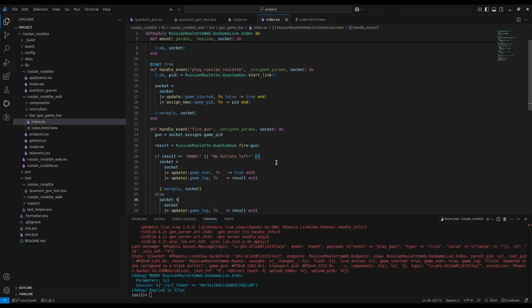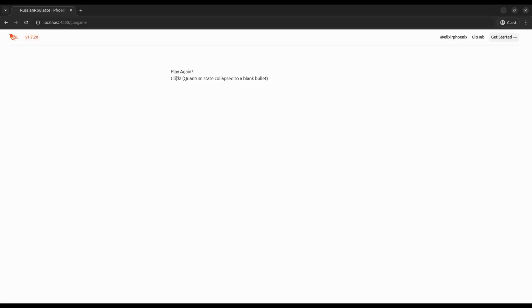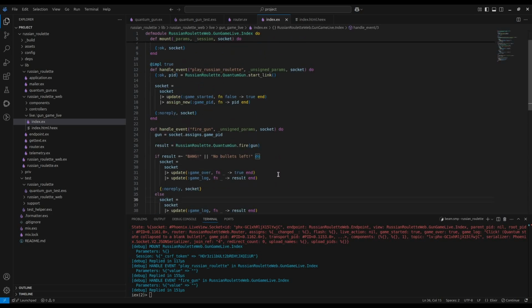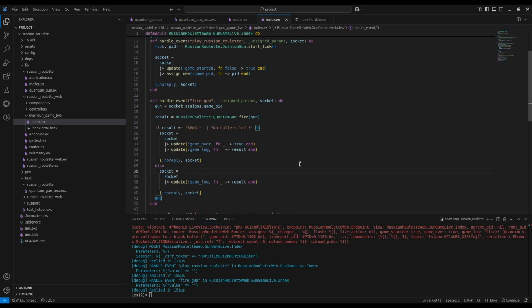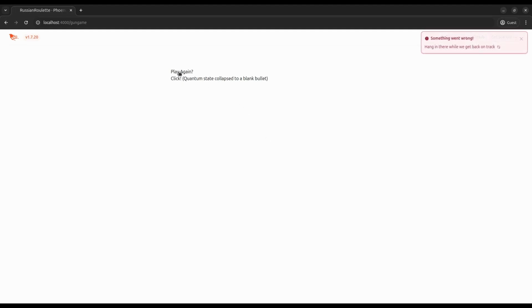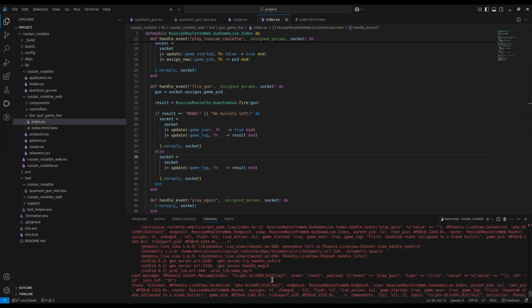So we'll go ahead, play Russian relay, fire, click, play again, fire, click. Okay, what we've got is our play button and the fire button. So we can hit play and hit fire, and then we get click and then play again. So that kind of works, I think, except that our gun seems to be empty-ish, as in there's no bullets, and there should be bullets. And when we click to play again, it breaks, and we can see that we